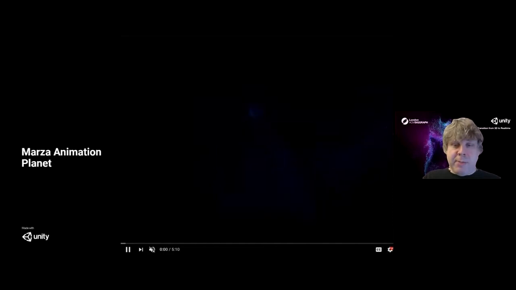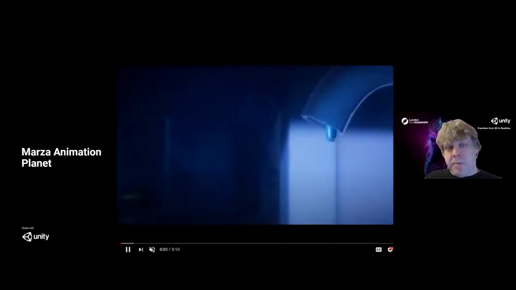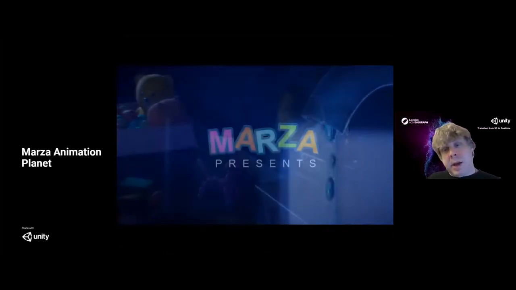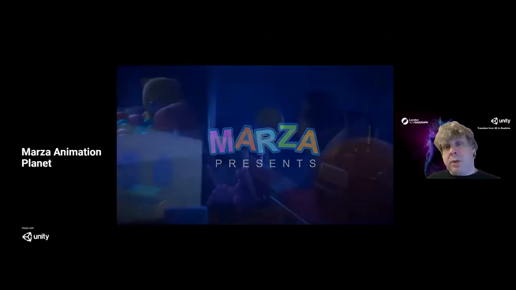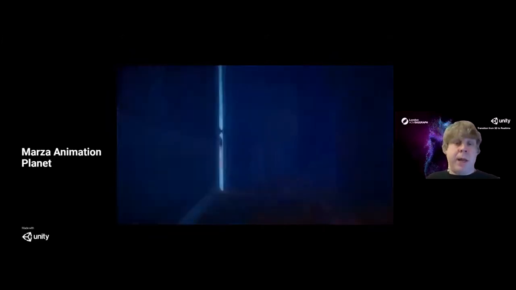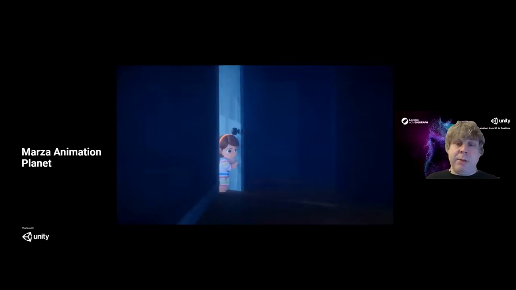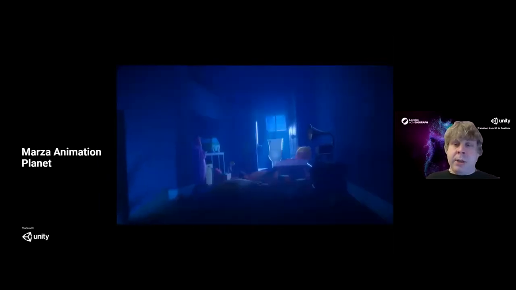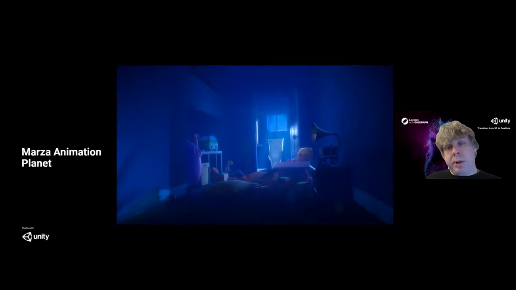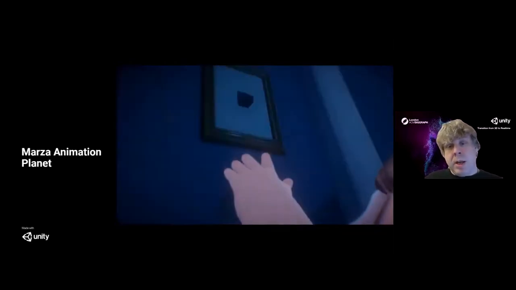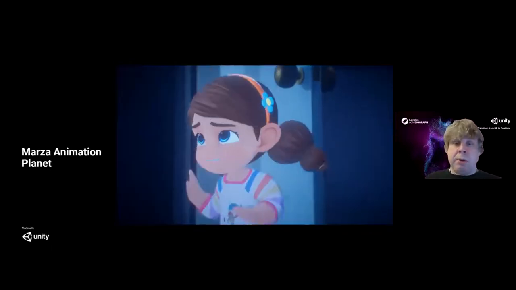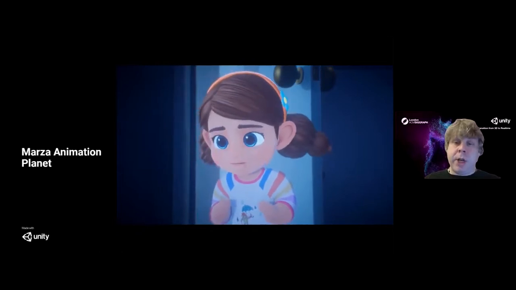A few more examples. I have to throw this in: this is Mars Animation Planet, Sega's in-house animation studio. They're really on the cutting edge, innovating the use of real time in animation. They did some of the first Alembic integration a couple of years ago with their first short, The Gift. And this is the peak. What they're doing here is really pushing a toon shader look.